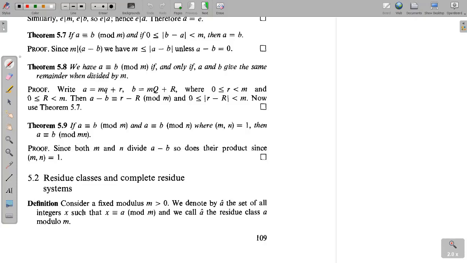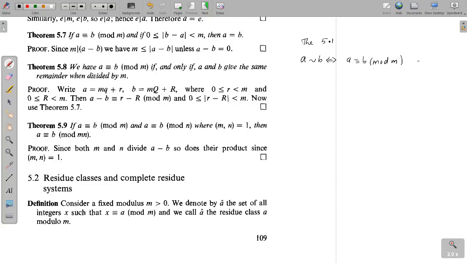Today we discuss section 5.2, residue classes and complete residue system. Consider a fixed modulus m greater than 0. By Theorem 5.1 we know that a related to b if and only if a is congruent to b mod m